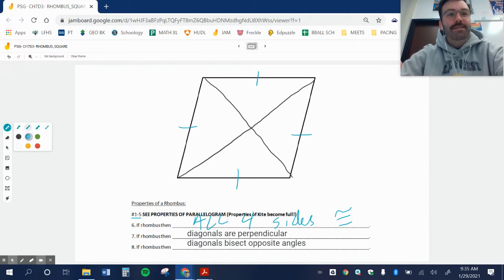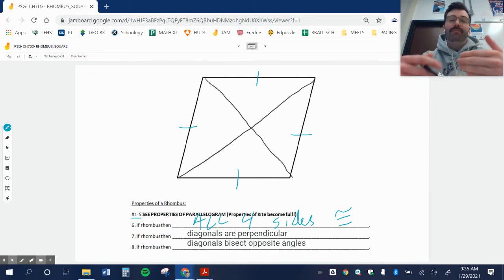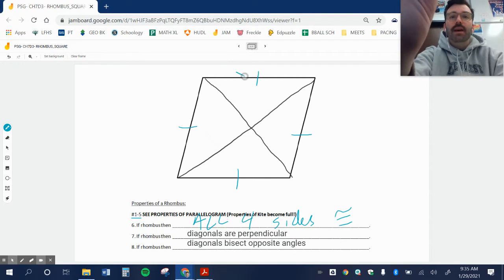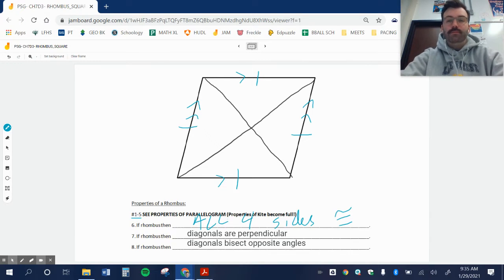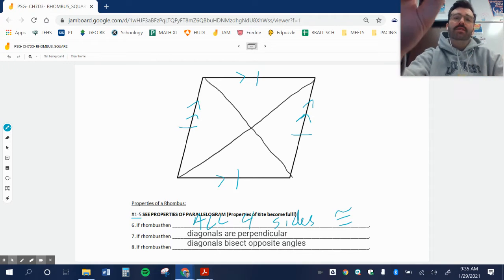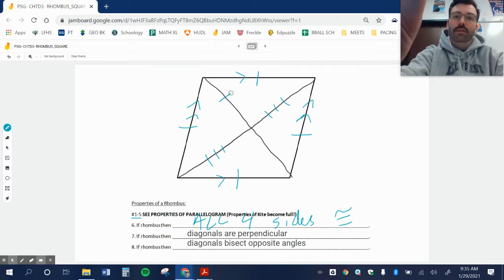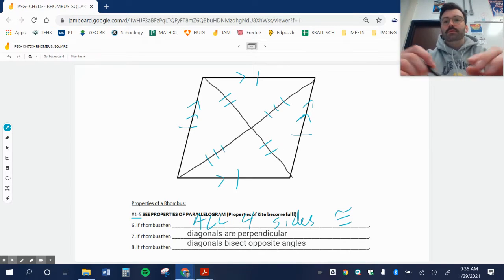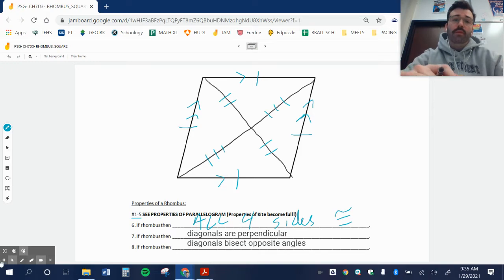All right, so let's start marking some stuff up. I know that from a parallelogram, the opposite sides are parallel. So remember to mark parallel. We use these little arrows like this. Also, from a parallelogram, I know the diagonals bisect each other, so I can mark 1, 2, 3, 1, 2, 3, 1, 2, 1, 2. We know that the consecutive angles are supplementary and that the opposite angles are congruent. Well, we also know that the